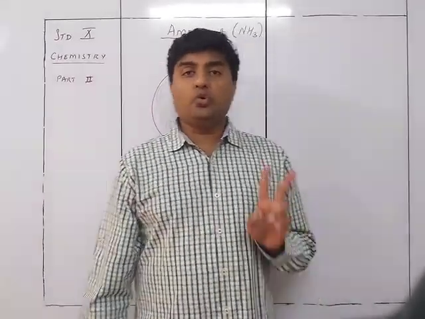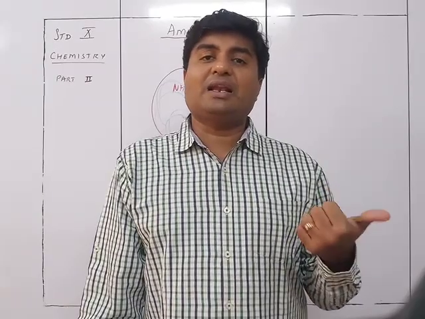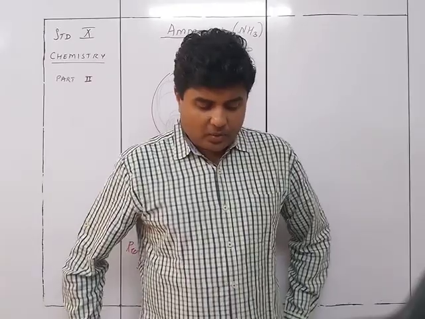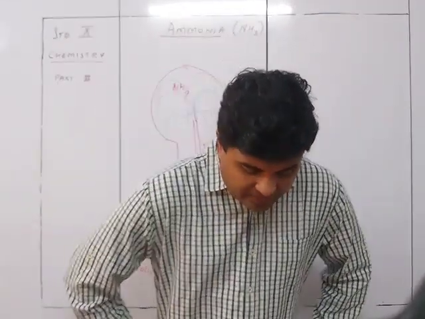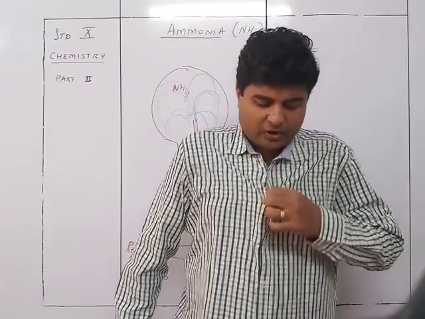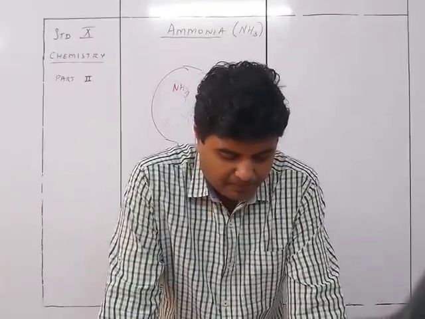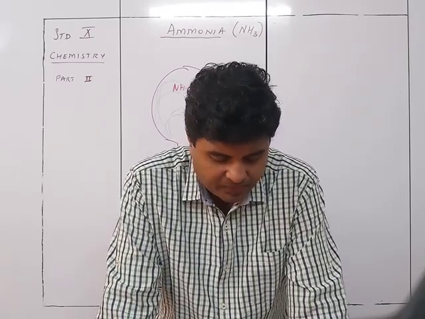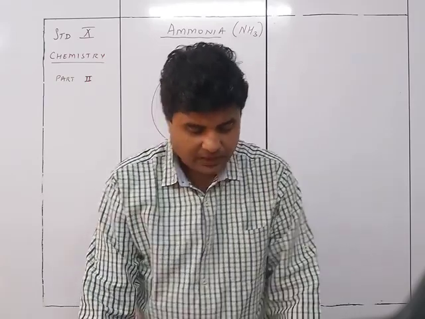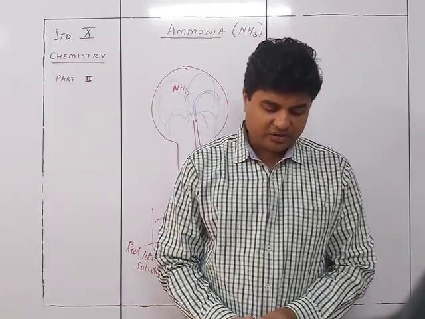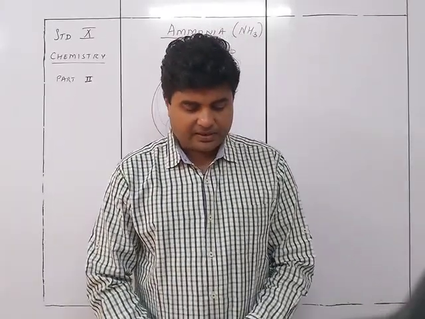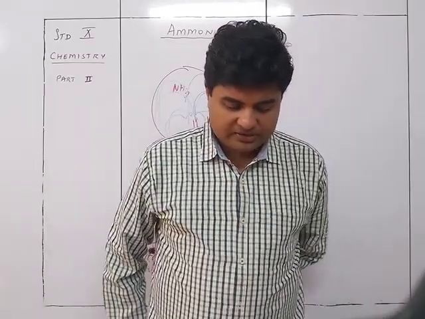So this gives you two conclusions. One is ammonia is alkaline in nature, and secondly ammonia is highly soluble in water. Observation wise, ammonia gas present in the flask dissolves in water due to high solubility, thereby creating a partial vacuum in the flask. The outside pressure being higher pushes the red litmus solution up the jet tube, which emerges out at the end of the tube as a blue fountain. Ammonia gas is highly soluble in water and basic in nature. Since dry ammonia gas was present in the round bottom flask, the red litmus solution kept in the trough below emerged out as a blue fountain, since ammonia is basic.